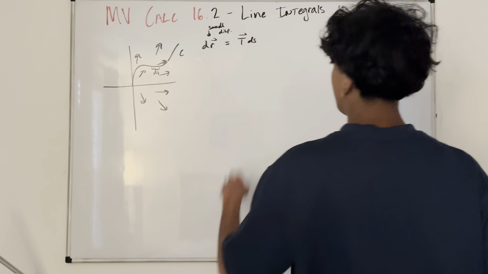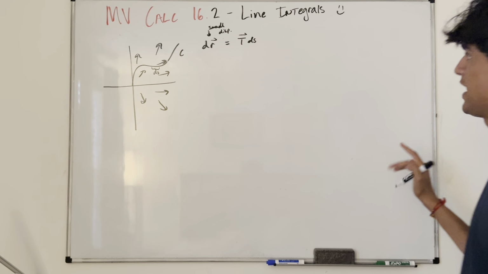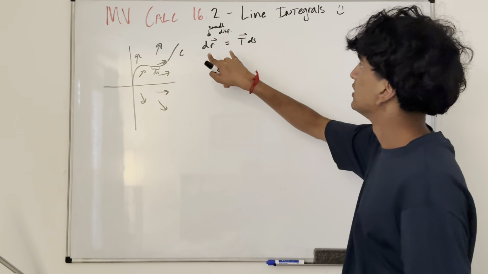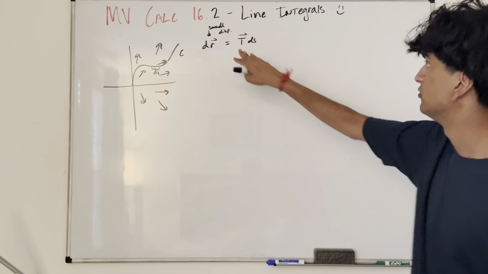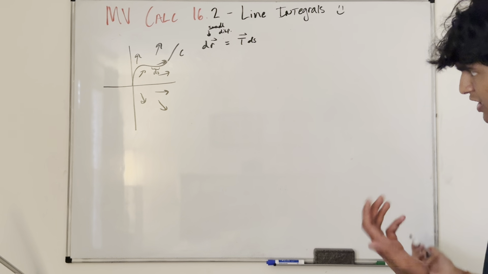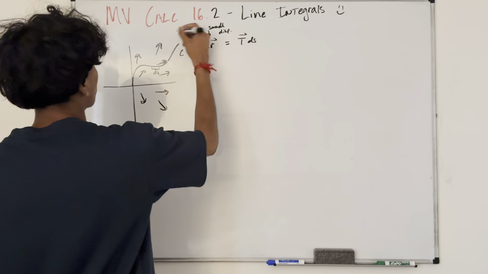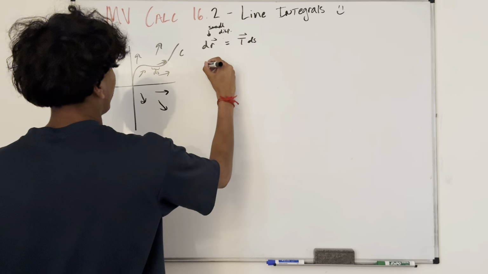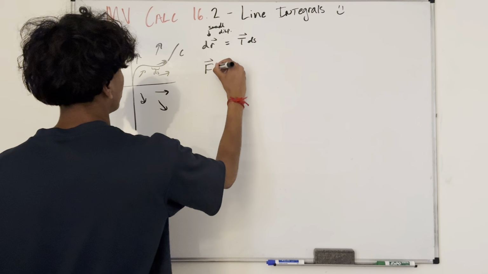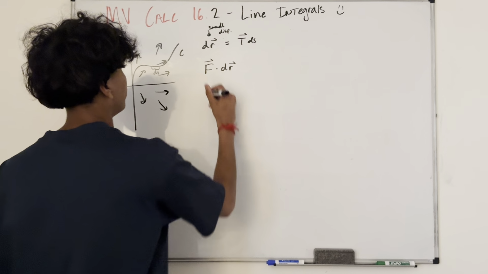Let's think about this, right? The tangent vector is the unit tangent vector. You just multiply by the magnitude of ds and you get dr. The magnitude of the displacement is ds and the direction is just a unit tangent vector. Now, let's say the vector field is given by F. And I want to find F dot dr, right? So if this is my vector